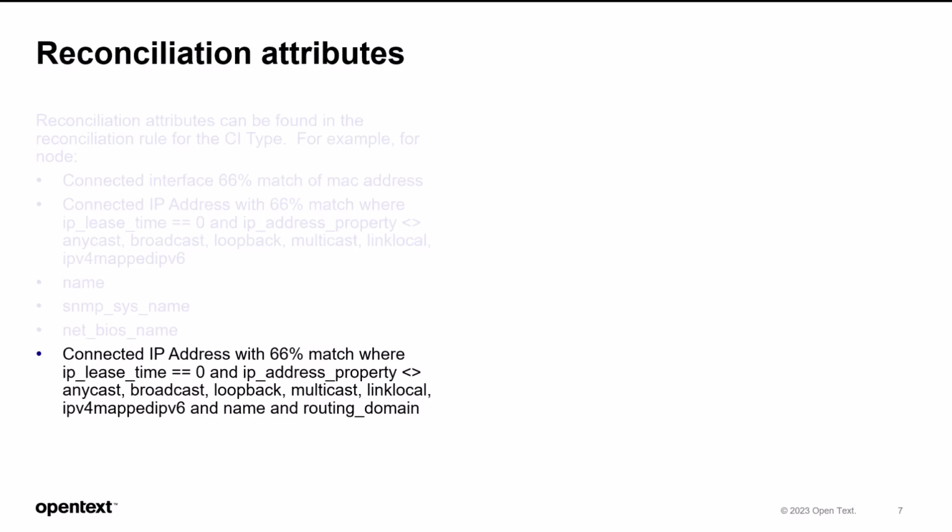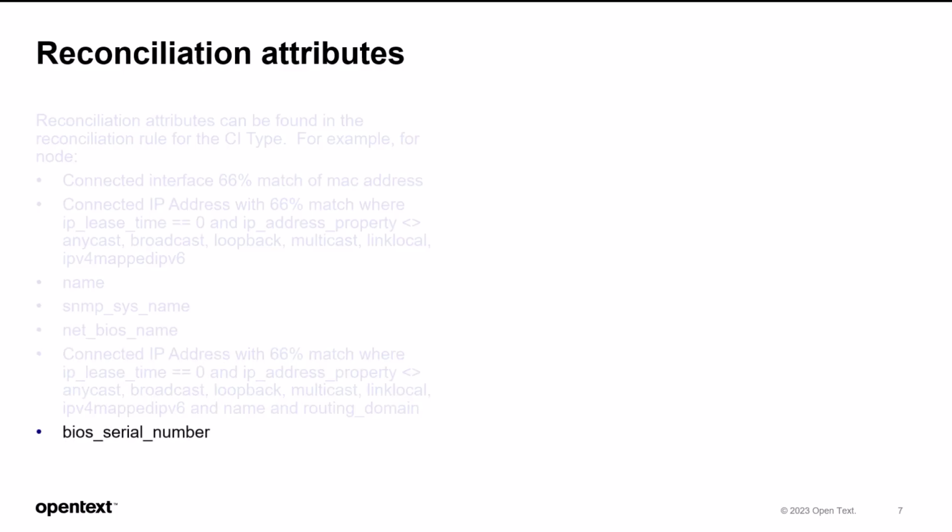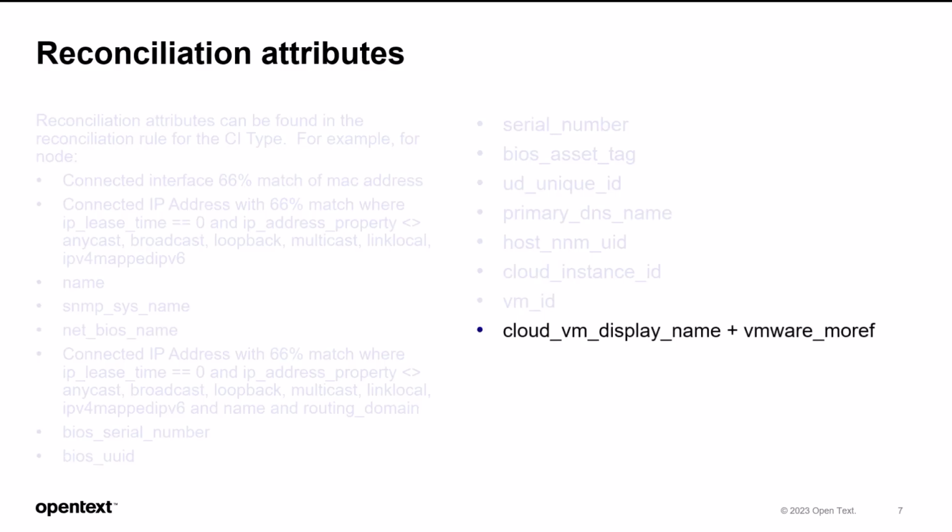The IP address property is not in the list of Anycast, broadcast, loopback, multicast, link local, IPv4 mapped IPv6, and the name of the IP address and the routing domain of the IP address. The BIOS serial number, the BIOS UUID, the serial number, the BIOS asset tag, the UD unique ID, primary DNS, the host NNM UID, which is also called the node NNM UID, the cloud instance ID, the VM ID, the cloud VM display name, and the VMware MoRef, which is the